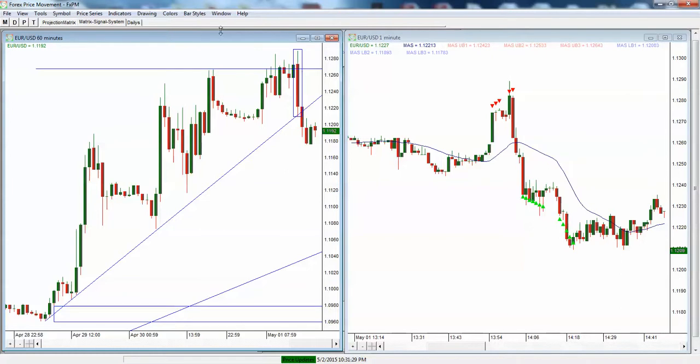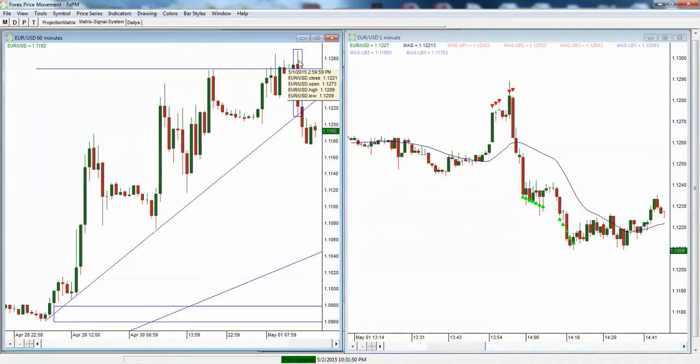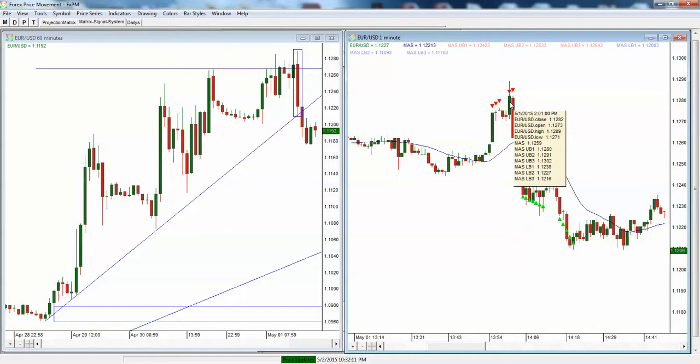Now, if you're trading the FXPM system, which is what you see in front, this is when the signal had generated. This is when the software generated the signal at the high of 1289. Now, keep in mind, guys, that the high of this candle is 1289, as you can see, where it says high 1.1289, same as this, 1.1289. Now, even if you would have entered around the 88,